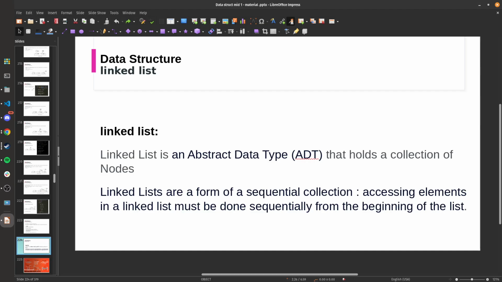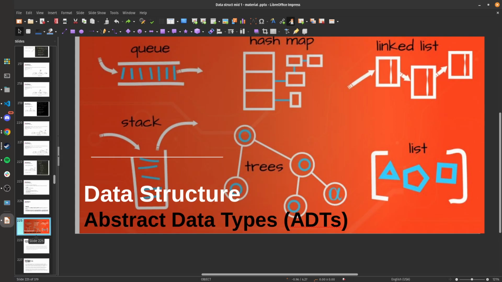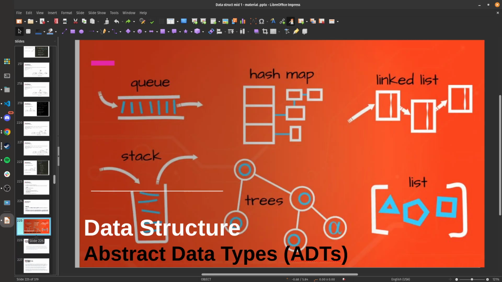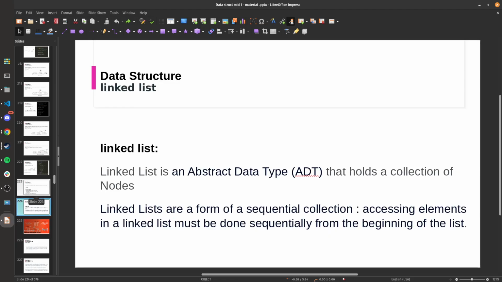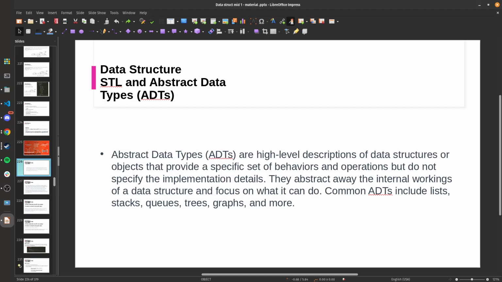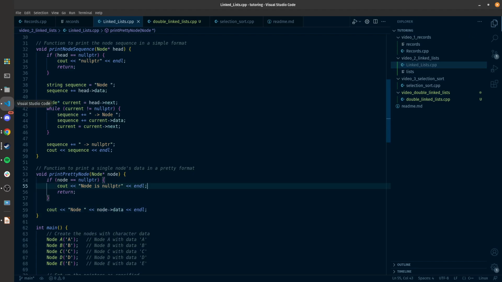So yeah, a linked list is an abstract data type that holds a collection of nodes. Linked lists are a form of sequential collection. Accessing elements in a single linked list must be done sequentially from beginning to the last. And that kind of ends this part. So that handles pretty much everything, all of linked lists. We looked at double linked lists, we looked at circular linked lists, and